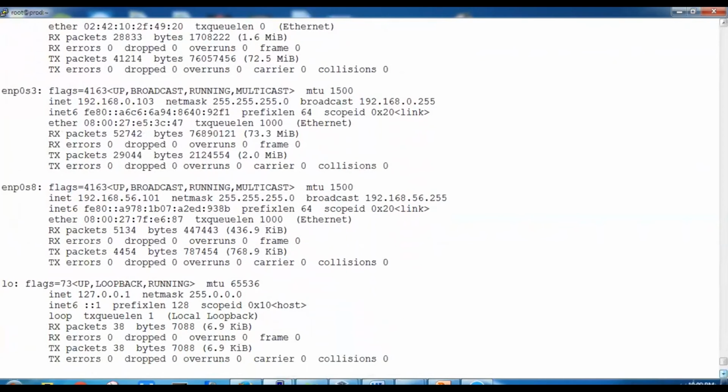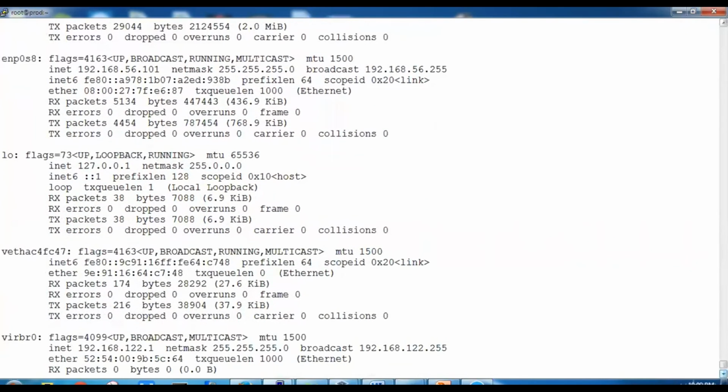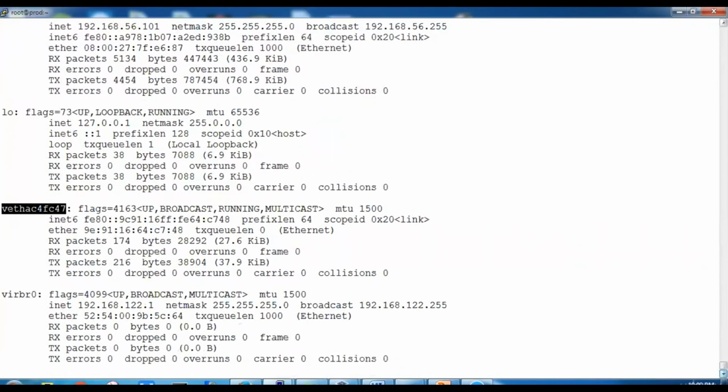That is loopback, so we will not concentrate on that. But the important one here is this NIC. All right, this got created virtually and automatically. We'll learn more about how it got created and what it is.